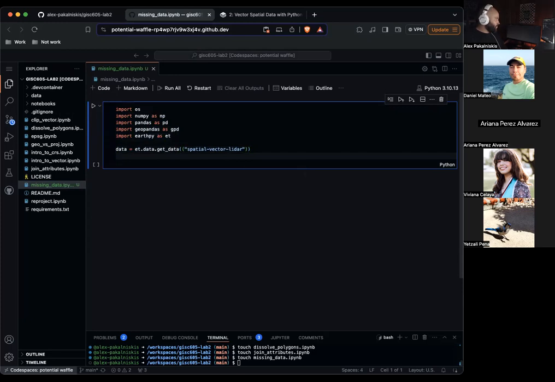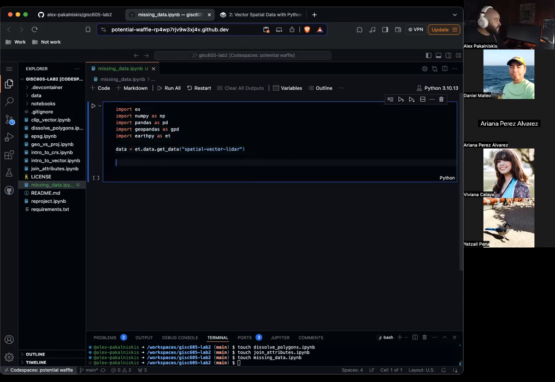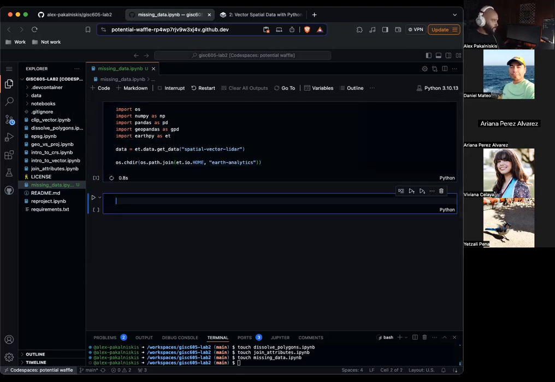Oops, don't need double here. os.chdir, os.path.join, et.io.HOME, earth-analytics. Awesome. Let's import the roads shapefile.